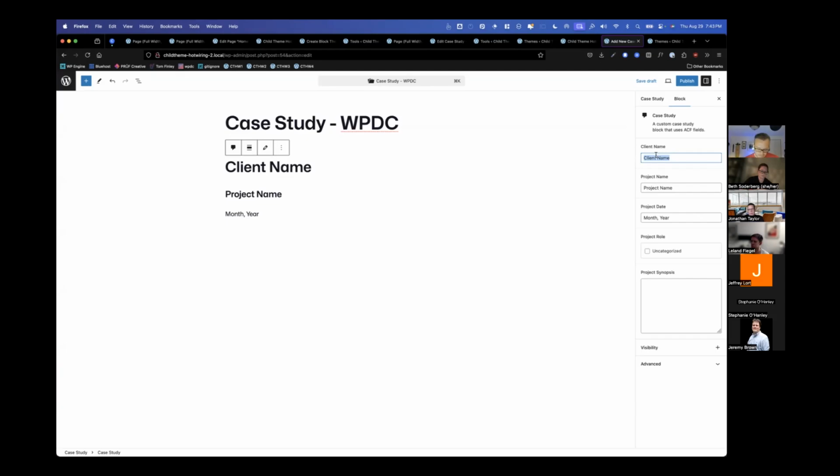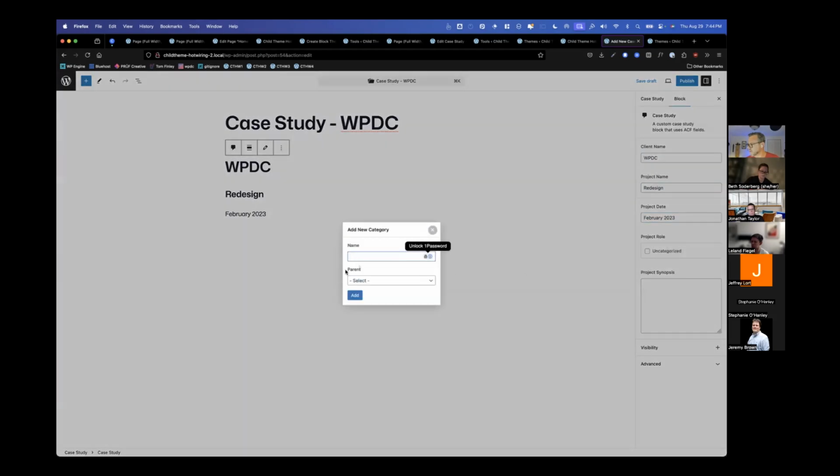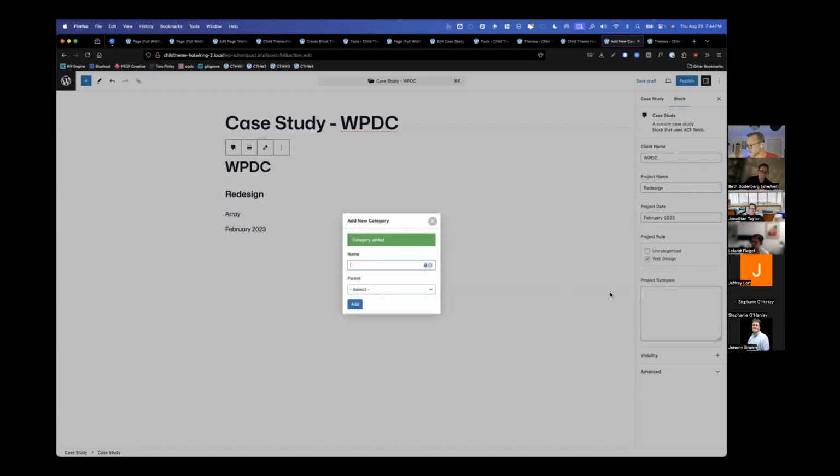So I can, let's see, type WPDC here, my client name, project name, redesign, February 2023, and I don't have any defined categories for this, so I'm going to say web design and hit add.